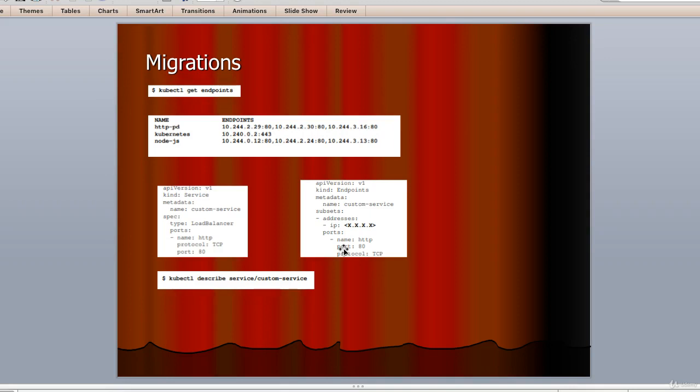So if we now run a get endpoints command, we will see this IP address at port 80 associated with the custom service endpoints. Further, if we look at the service detail, we will see the IP listed in the endpoints section. So this is what I am trying to cover. Now we can test out this new service by opening the custom service external IP from a browser.